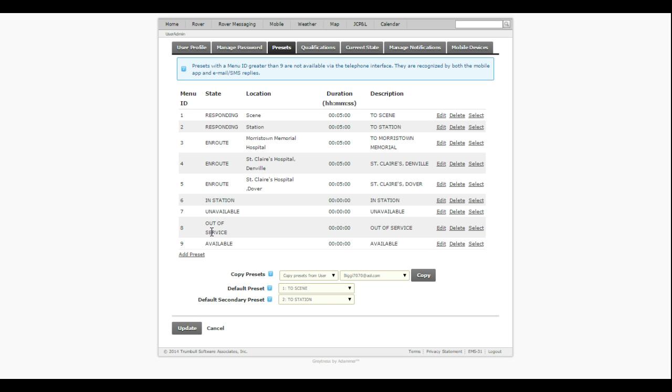On the call-in system, using the 800 numbers or replying to a text or an email, you need to use presets, and presets are predetermined times. So for example, if it's normally taking you 3 minutes to go from your house to the station, upon receipt of the call, when you hit the button, you can change that. So this duration is 3 minutes, simply by clicking the edit,